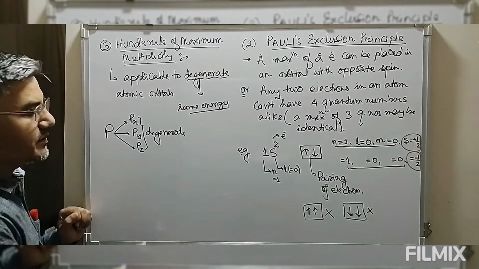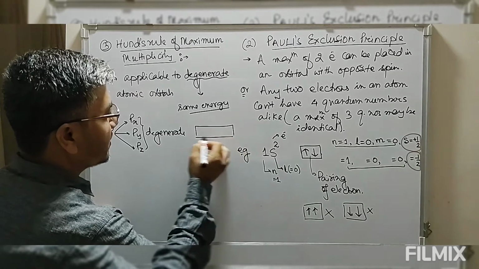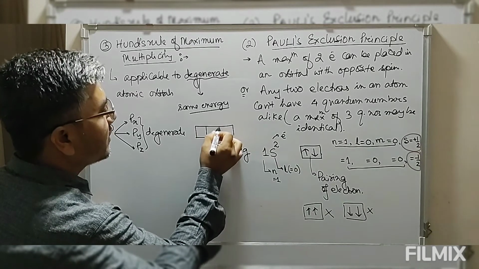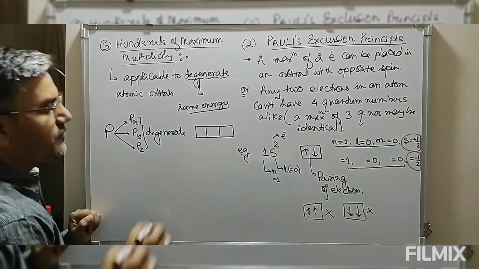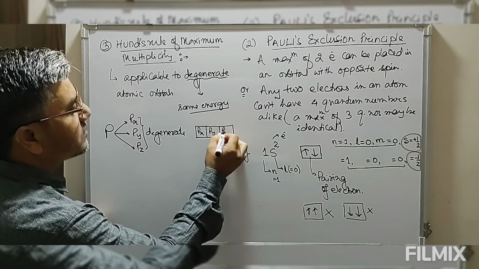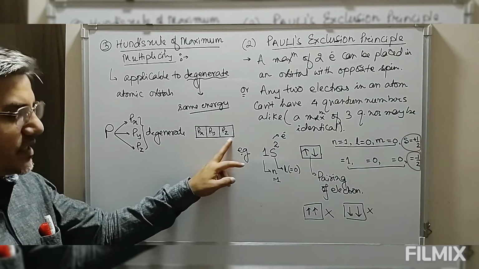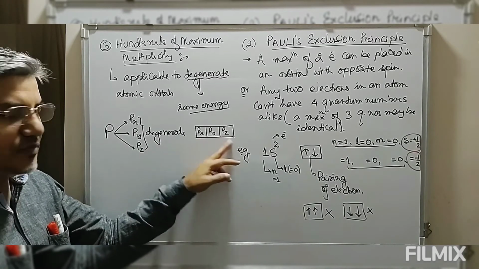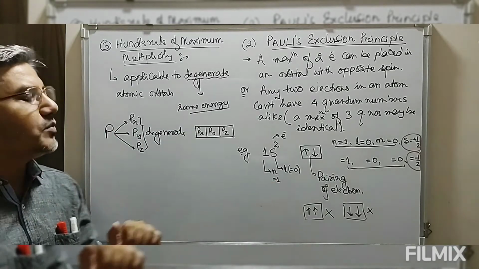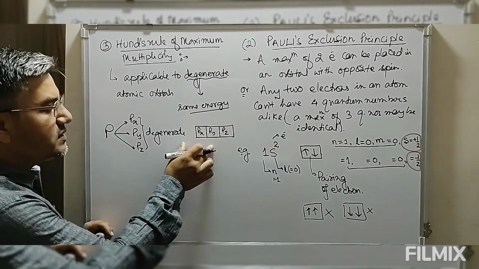having the same energy level. So in a box diagram we can represent it in this way. This is suppose the p subshell. In this p subshell we have p orbitals. So if one is px, then the other one will be py and the third one will be pz. We can have pz here, px here, py here, or py here, that is immaterial. But these 3 orbitals are what we call degenerate.